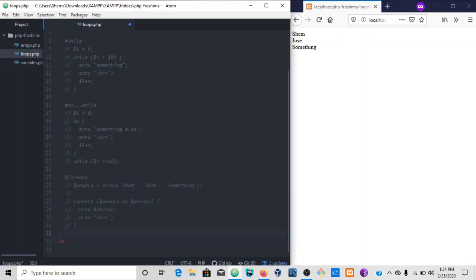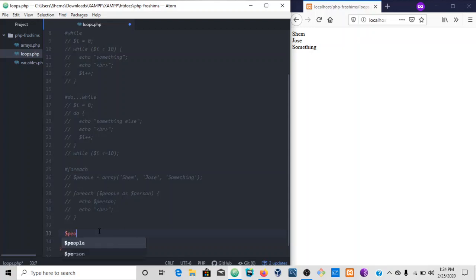Okay, so for the next, we're going to get into another example with the associative array, because this loop is the one that is used pretty much most often, so it's something that you will get familiar with. So we're gonna create an array again, but this time we're going to create an associative array. So we're going to have an email associated with the name. So we're going to say this person is mapped to this email